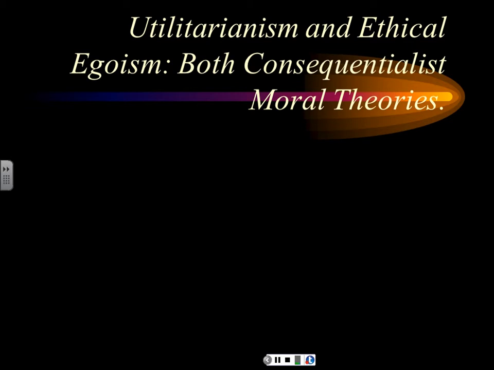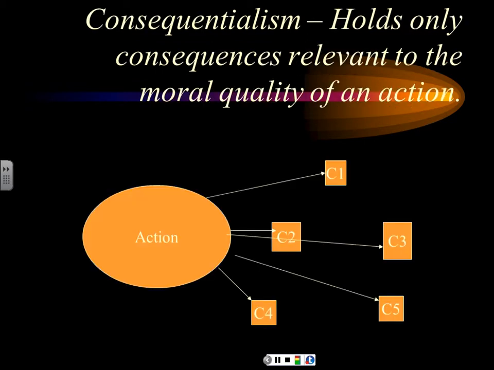Now, one that we're not really going to look at is called ethical egoism. But the one we are going to look at is utilitarianism, and they both fit into this consequentialist mold. Consequentialist moral theories basically hold that